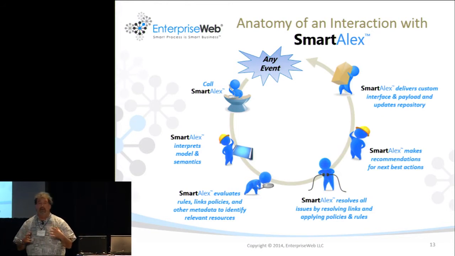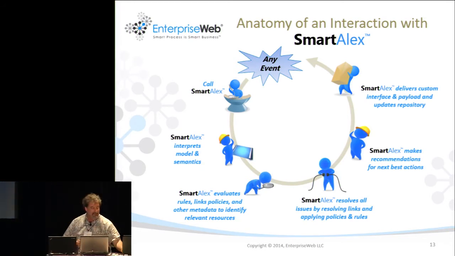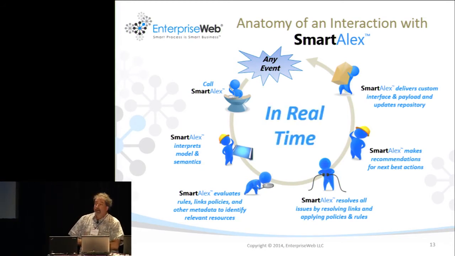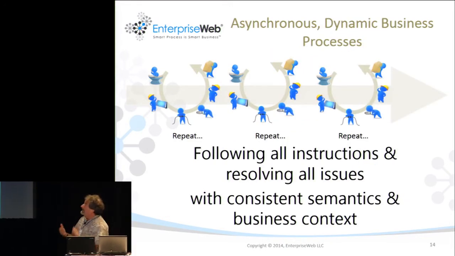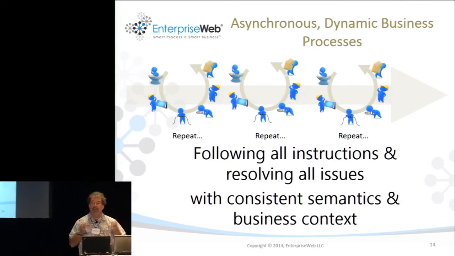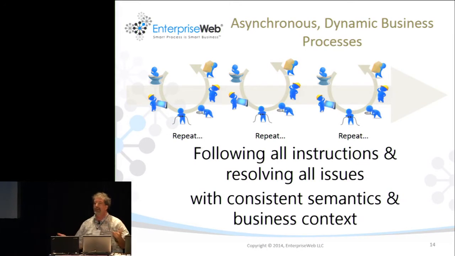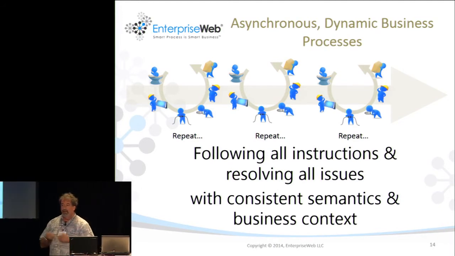It caches in a smart way, but it realizes that for every request, it needs to fetch current versions of all the information it needs to process. So all this takes place in real time. So we essentially have this cycle, right? It repeats this cycle as many times as it needs to respond to each request, and each individual copy of the agent does this for each individual request, following all instructions, resolving all issues with consistent semantics and resolves the